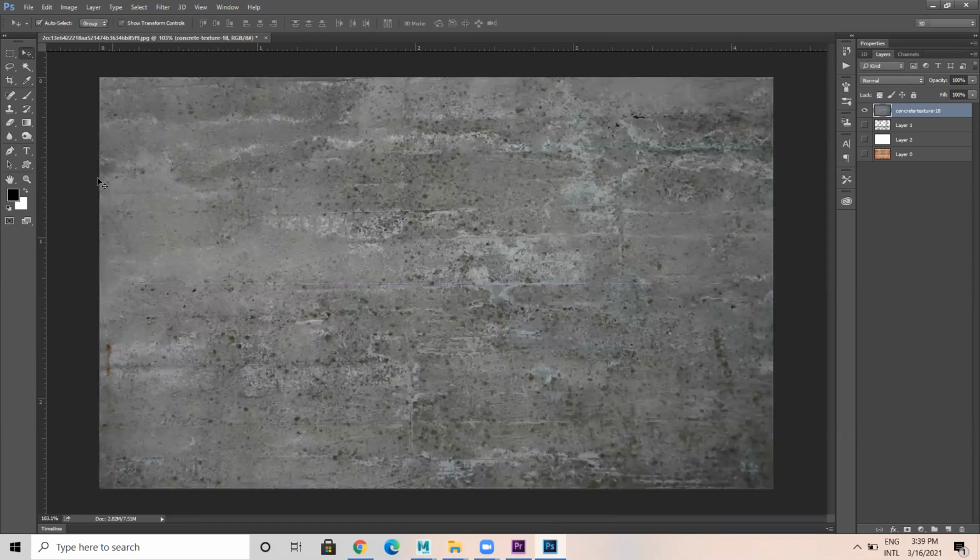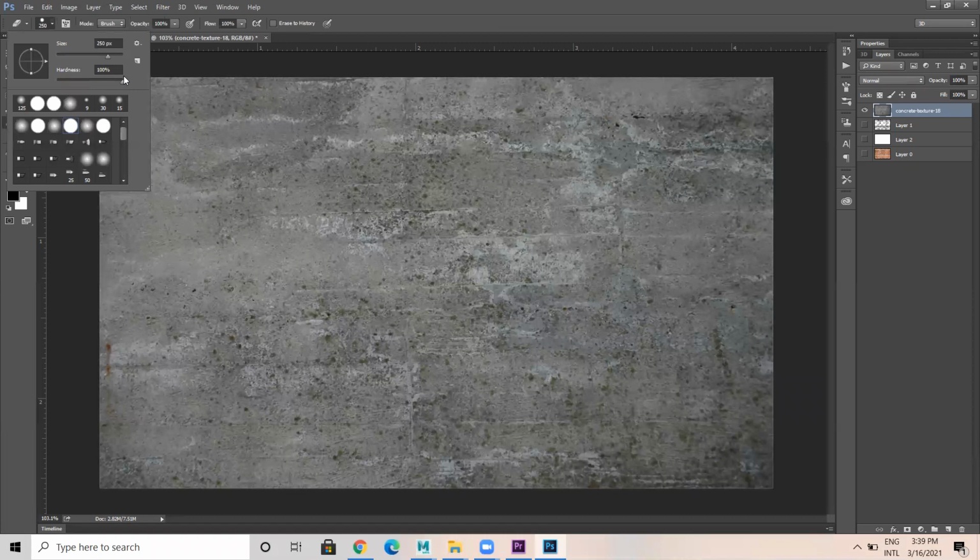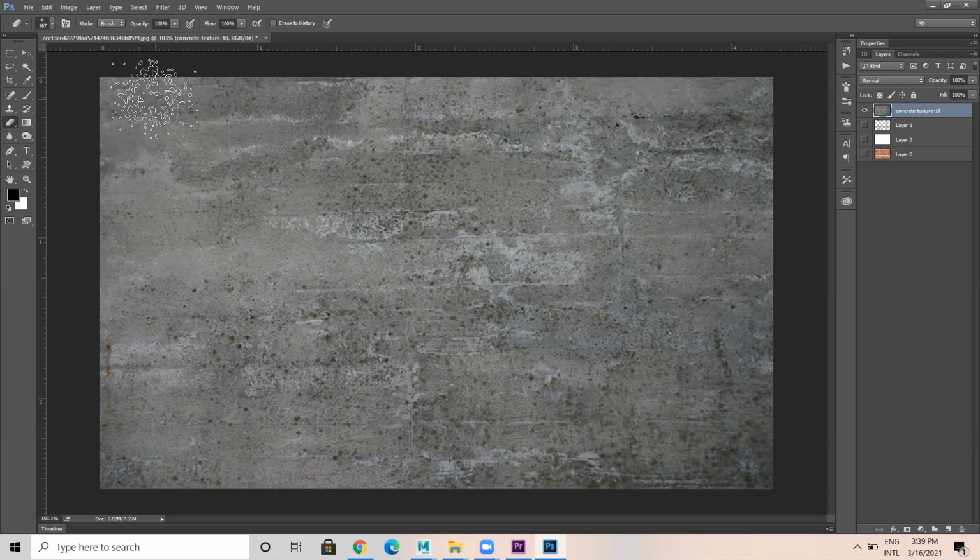Like this. So now I take this eraser tool, a rough brush. I increase the size, that's okay. In a few areas, the concrete has fallen.